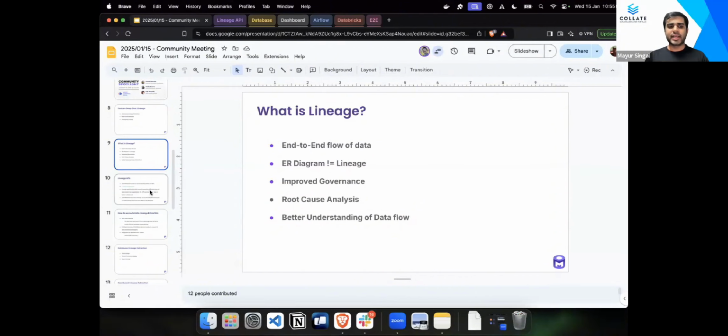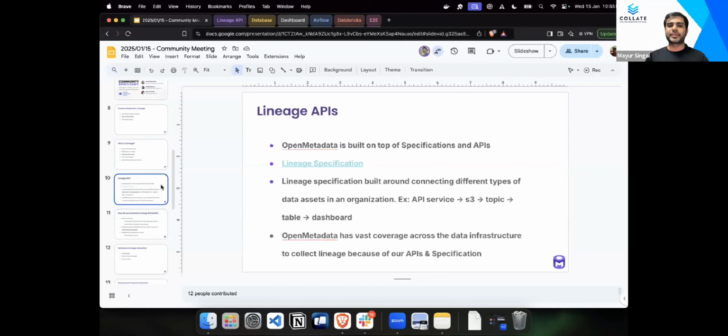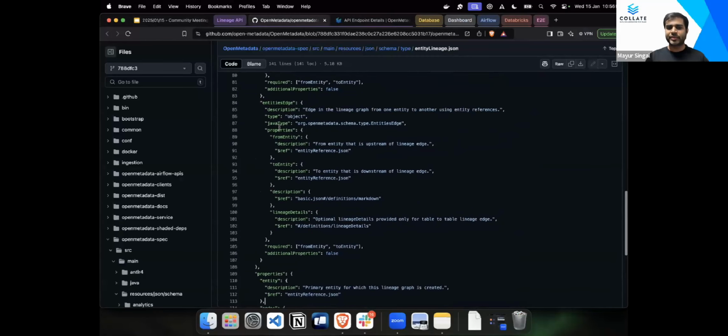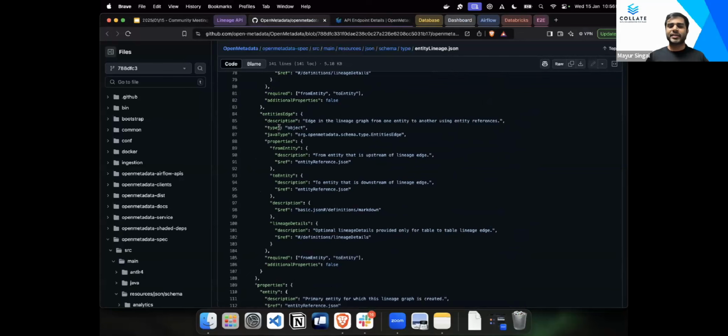So let's see how automated lineage works in OpenMetadata. Every operation in OpenMetadata happens via API, because OpenMetadata is built on top of specifications and APIs. Similarly, to create lineage in OpenMetadata, we use lineage APIs. These lineage APIs are built on top of lineage specifications. This lineage specification is designed in such a way that it can connect any two assets available within OpenMetadata